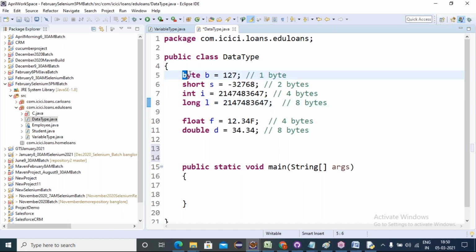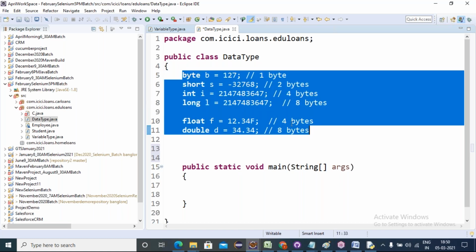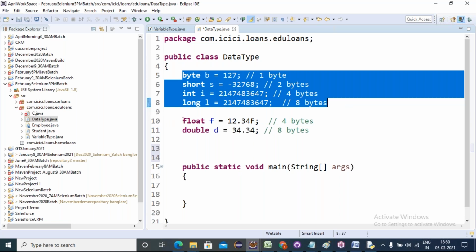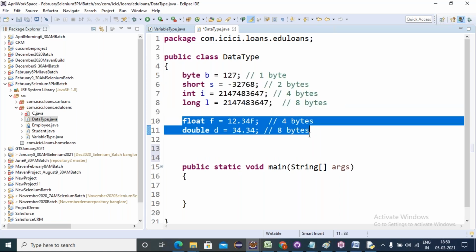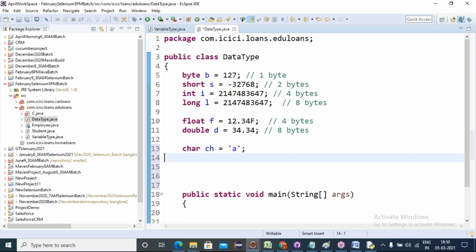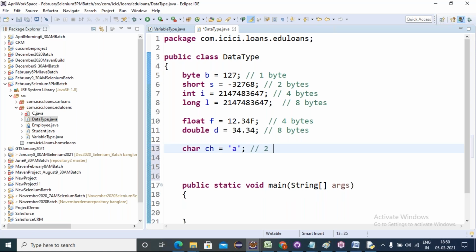Integer and float types all come under the numeric data types. These 4 are integer types and these 2 are float types. Next, non-numeric: we have char. A character is represented in single quotation marks. Here the size is 2 bytes, and there is no range.